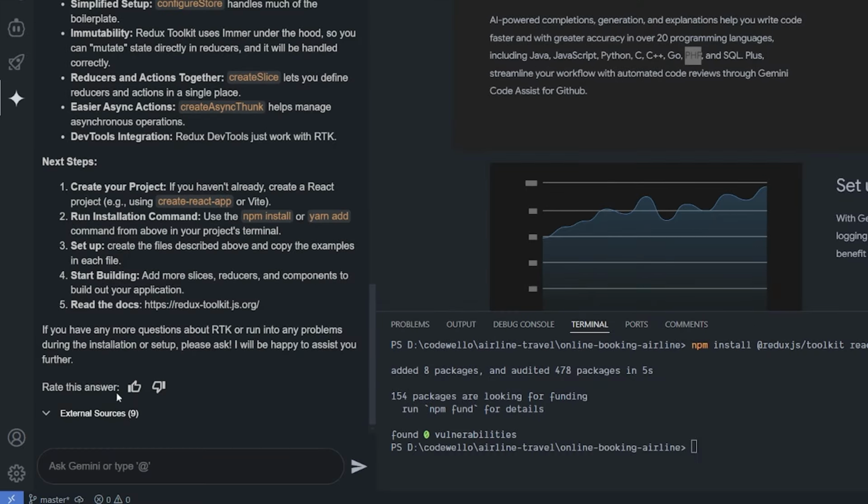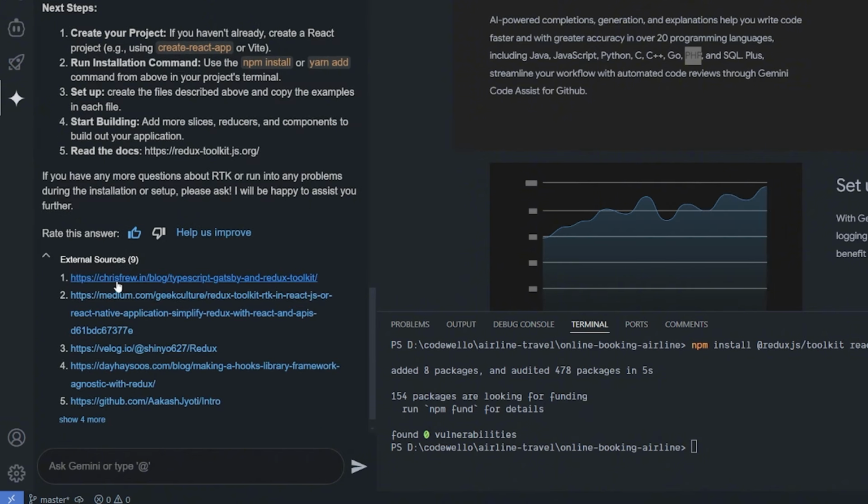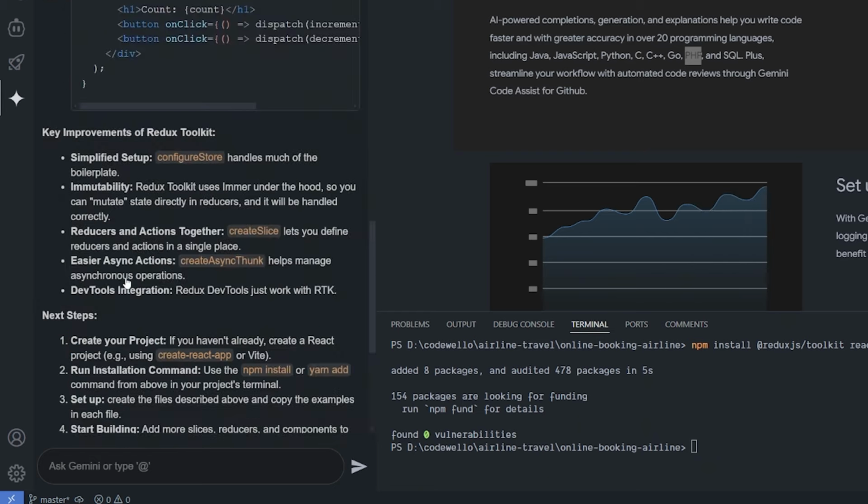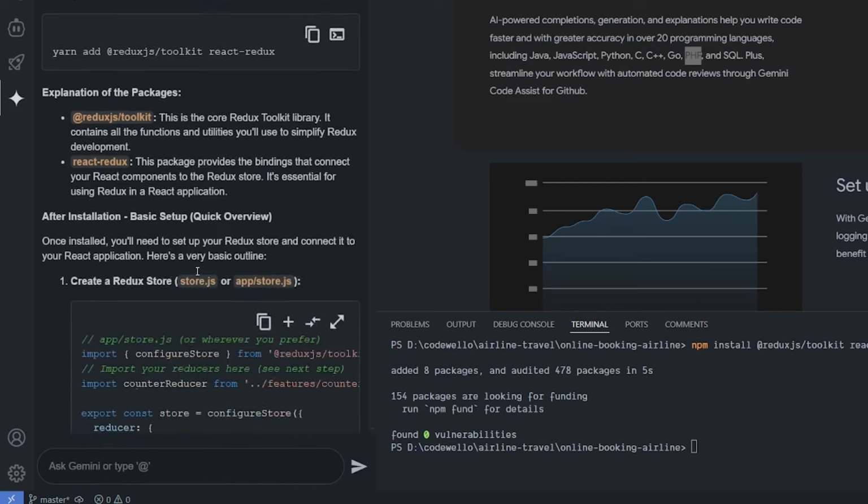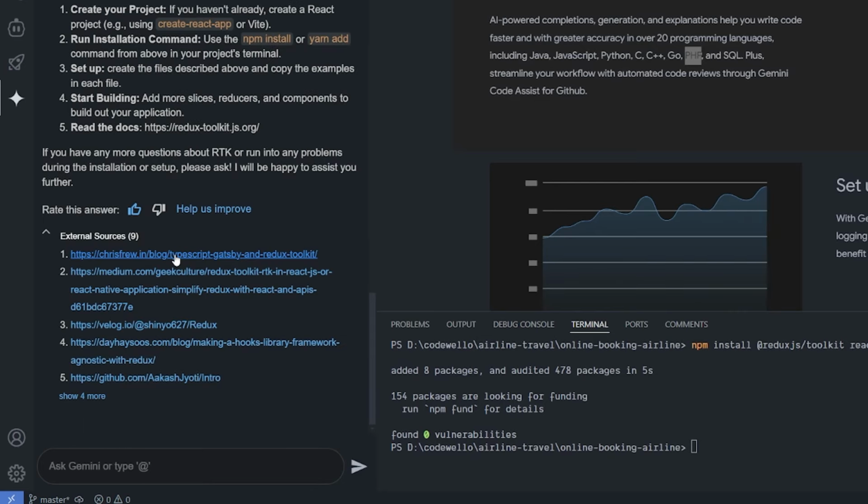And I can rate this answer up or down. I will give it up. And it seems like it has external sources. What is this? Okay, it searched the web for what I asked. That's kind of new for me. That's a very good start. Let's keep going and try to set up the Redux store and the provider for it